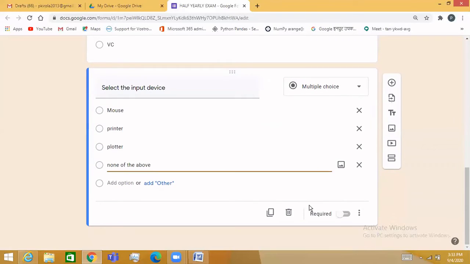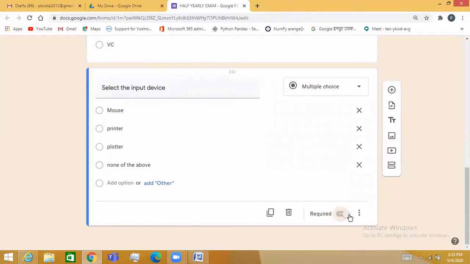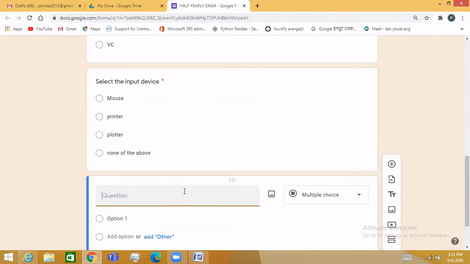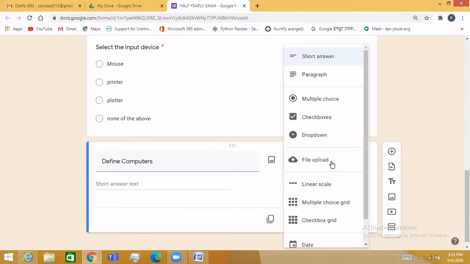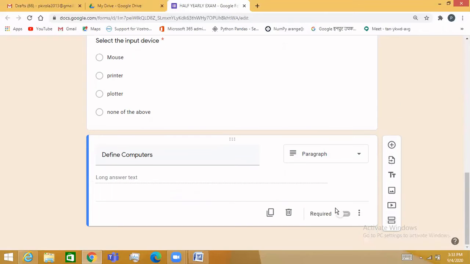Now, if it is a compulsory part, you have to turn on Required. And the next, a subjective question, let us say define computers. Now it should be a short answer or a paragraph, that depends on you. Paragraph, required is compulsory again.